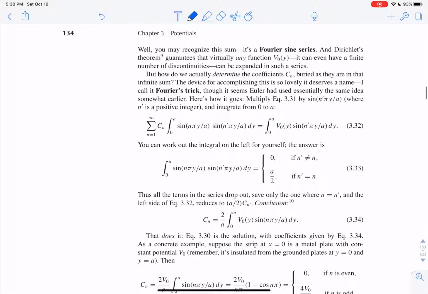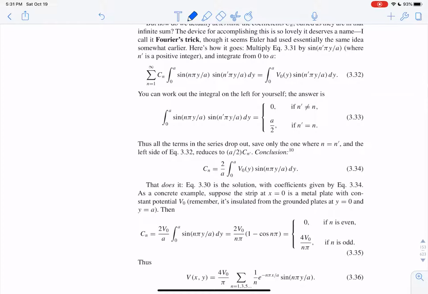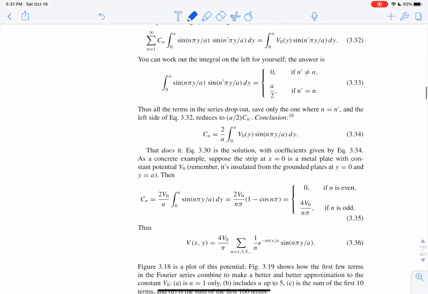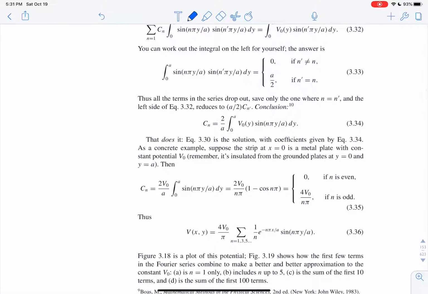So then what we are going to do is we say that we're going to integrate everything, both sides of our function. We need this to equal our boundary condition. We're going to multiply both sides by some m prime value to pick out a given n, let's say. And then it turns out that it's only true for a specific n. And then we integrate for that n from 0 to a, and then we see, oh, if n prime is equal to n, we get a over 2 and then that turns out to be our coefficient. So then c sub n is 2 over a times the integral from 0 to a,